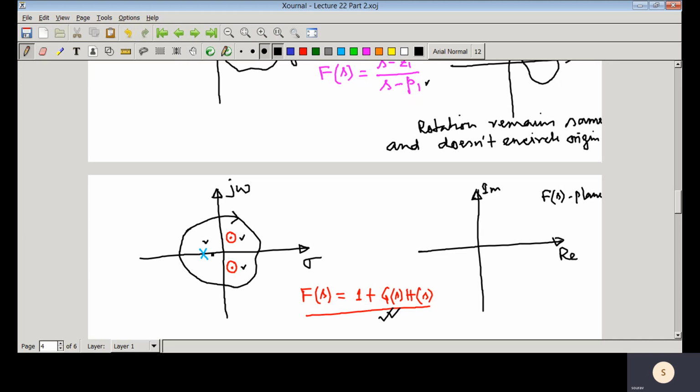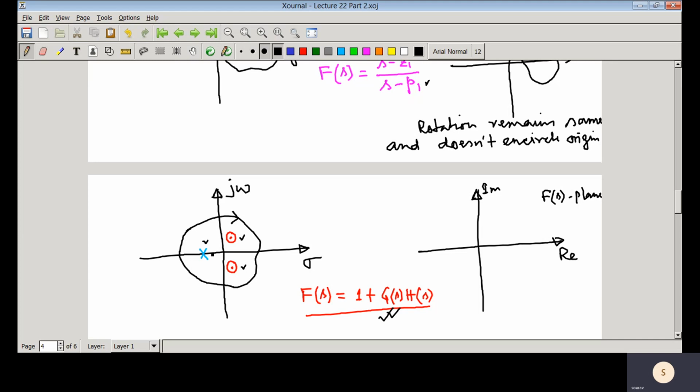So that's why it is an improper transfer function, it does not matter. We are just trying to understand how many encirclements there would be in the F(s) plane and whether it would encircle the origin or not. So you should not be confused with properness at this particular moment, but whenever we go for closed loop stability, always this F(s), or 1 plus G(s)H(s), would be a